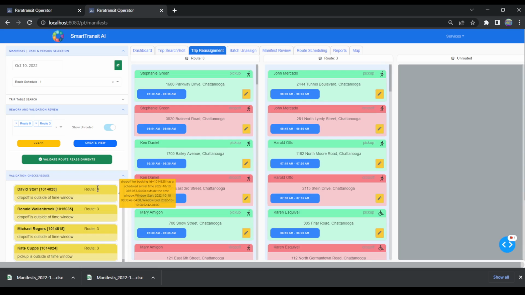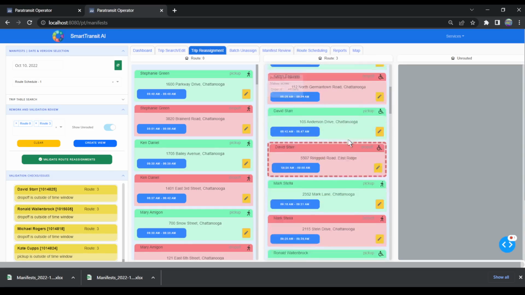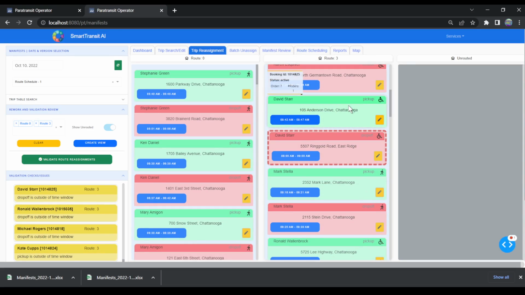Here we can see David Starr pops up as a validation issue on Route 3, so I'm going to go to Route 3 and look for him. So you can see he's being picked up, and then his drop-off has some validation issue. And here we've seen that he's going to be picked up around 8:55. However, his time window,